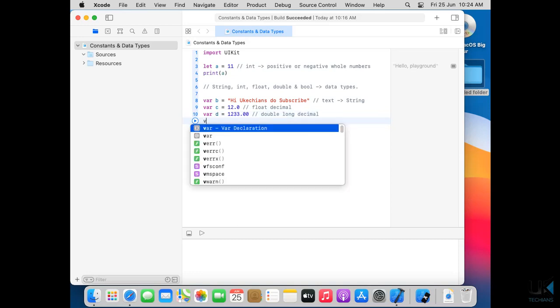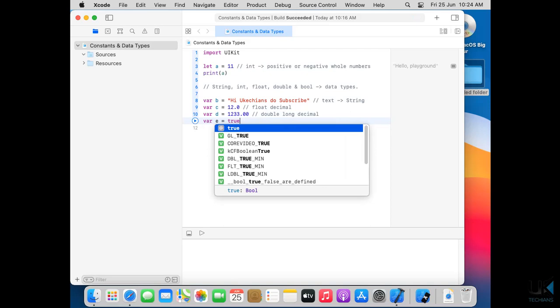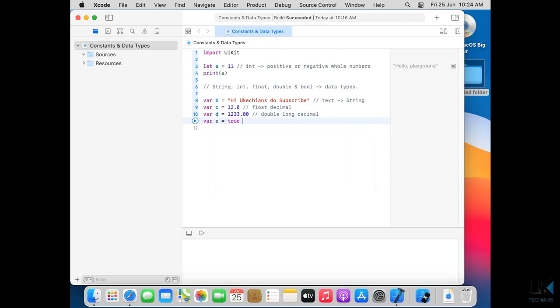If we initialize the e variable as true, it means that the type of this variable is Bool. Bool can be of two values, true or false, like this.